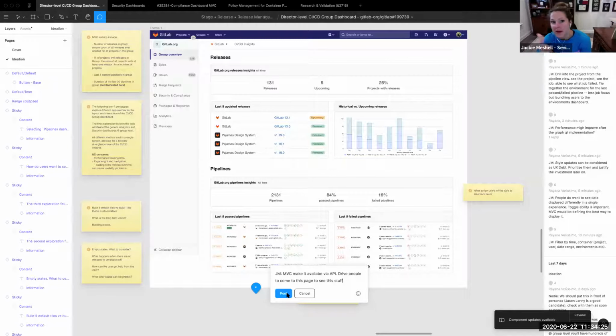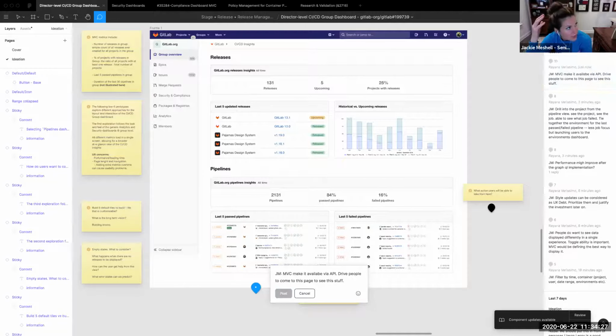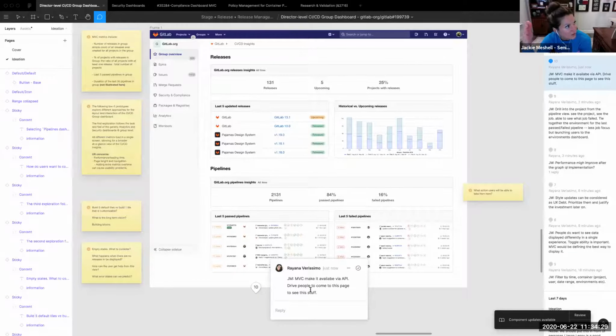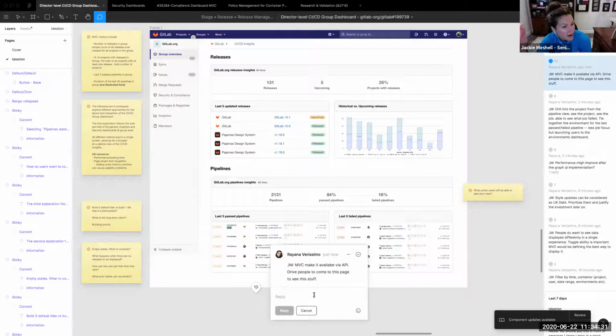So here's how I could see that being tiered up. We could say that this dashboard is available via API and UI in Ultimate, and in Premium, it's only available in the UI. And that way we're driving value for people who have external data warehouse systems in the Ultimate